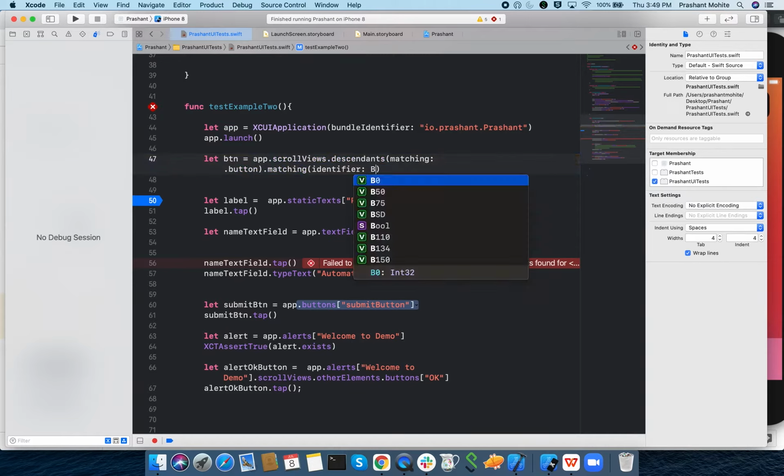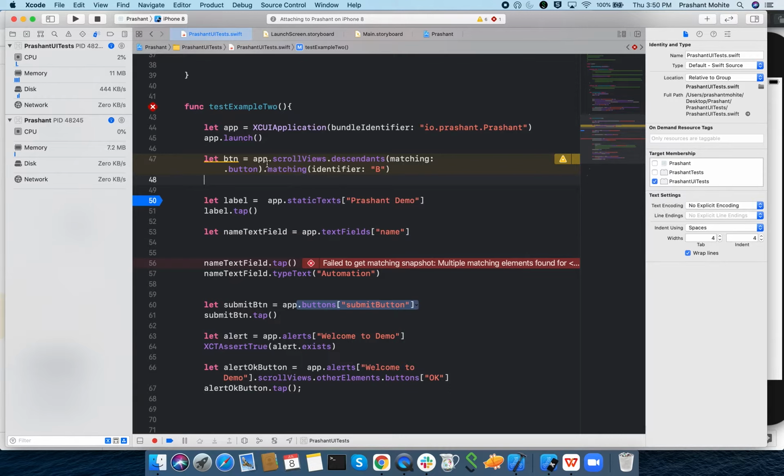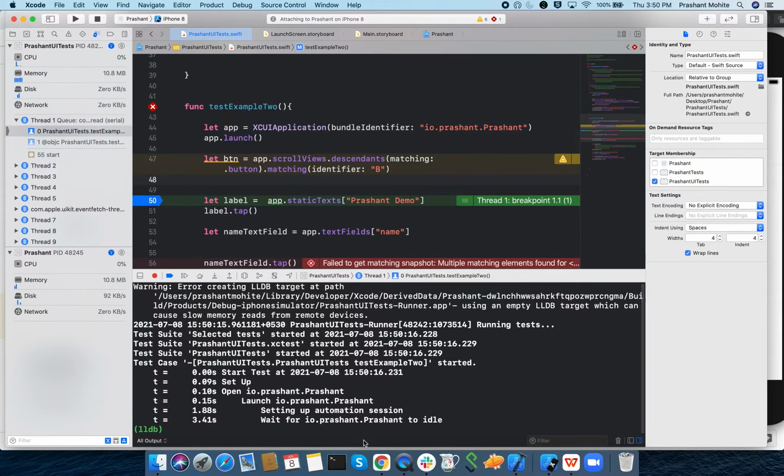If I say B, this is just to show how we can create queries. So my identifier is B, right? Let's check how many buttons. We should get only one button which is matching our query, because we have written a button, and inside the button I need a button which has the identifier B.